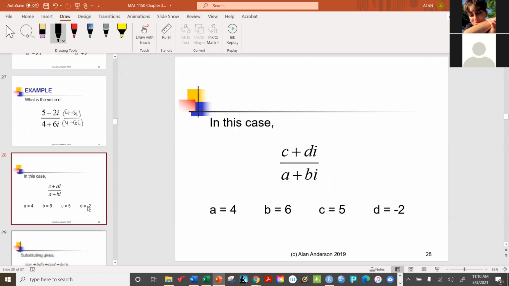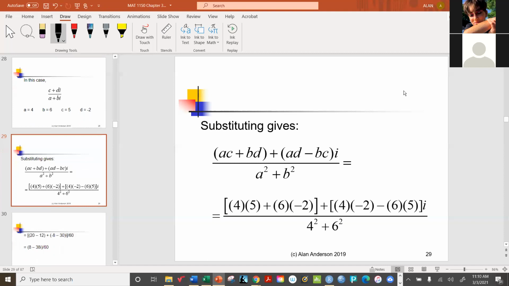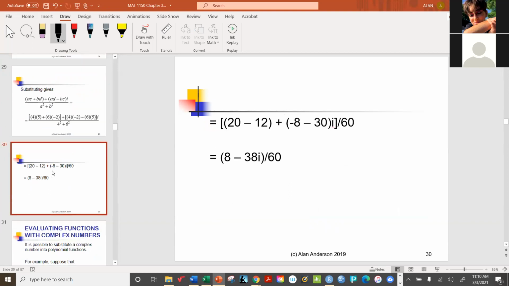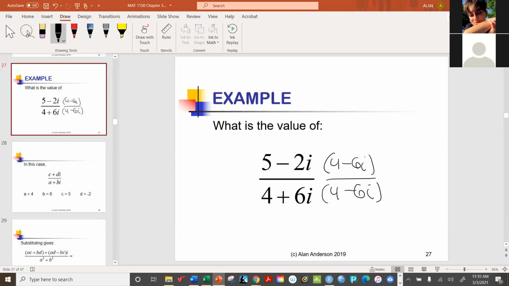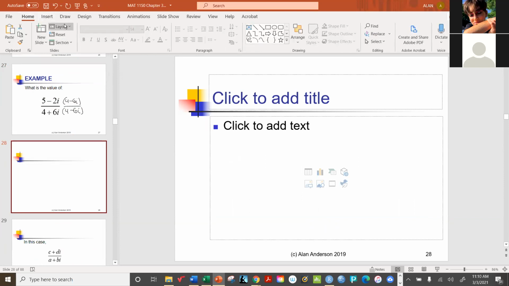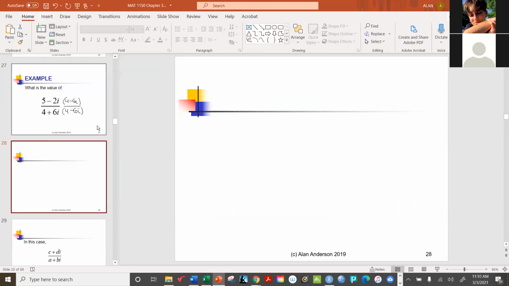All right, let's see what we did. Oh, somebody's got it. Negative 50i plus 20. Ooh, maybe not. All right, let's find out what happened. Let's take this and we'll run through it. Of course, it's possible that I've got a typo in my slides too. Let's just confirm this. So you've got, once again, 5 minus 2i, 4 minus 6i, all over 4 plus 6i,